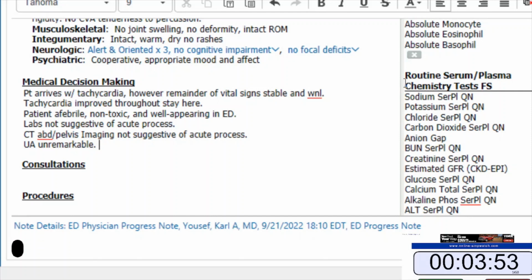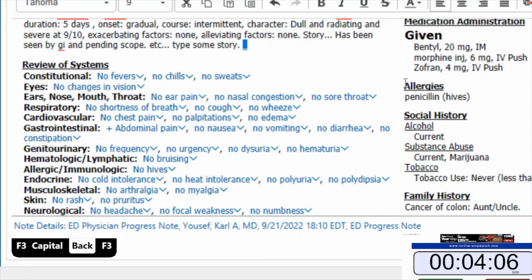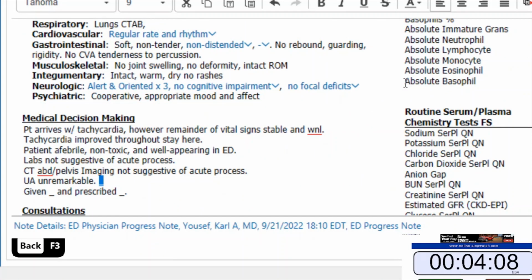But let's add a little underscore here. Maybe we want to come back to that little area. So we could say maybe we gave him, what did we do? We gave him Bentyl. So we're going to come back to those, and obviously we have to delete those. So we could say given Bentyl,